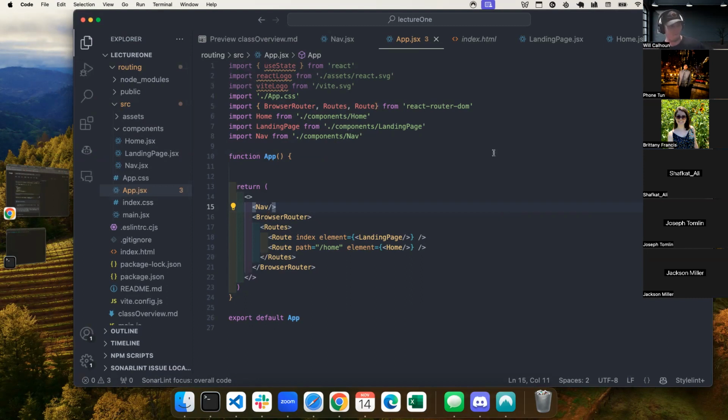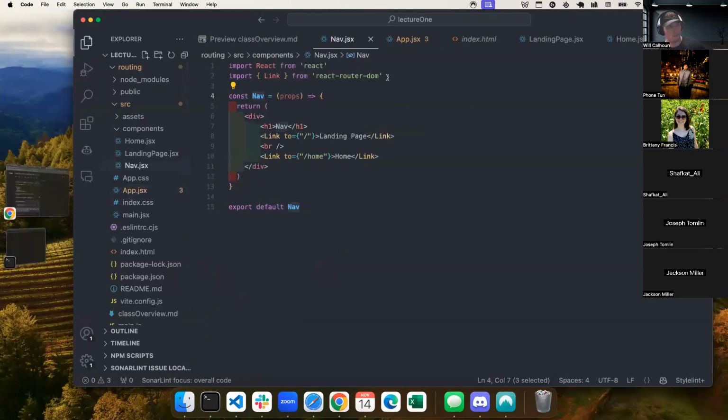So here's what happened. We're wrapping everything in browser router, right? But my nav component is trying to use things from React Router DOM. So browser router allows me to utilize React Router DOM.